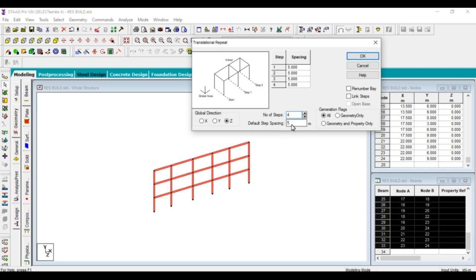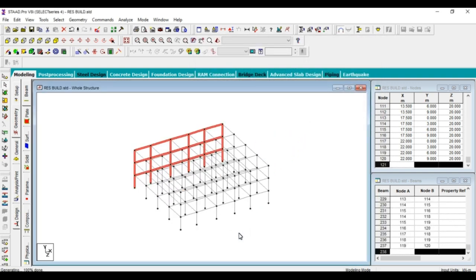I want a default step spacing of 5 in that building, that's why I'll give 5. All spacings are 5, that's why I don't change the spacing box. After that I'll select the link steps and open base, and click OK. Then see, the total building will be created here.